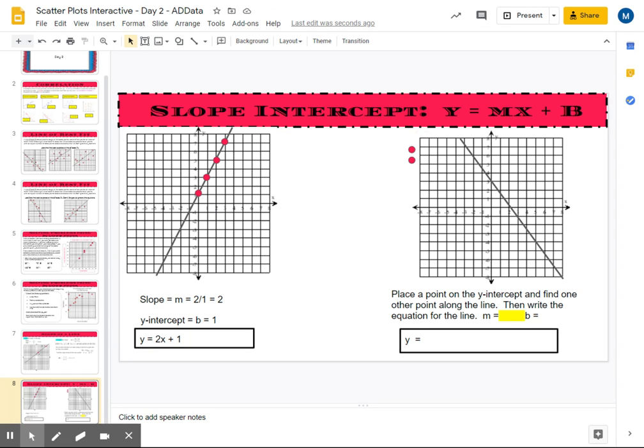Okay, so a lot of times what you're going to see on a scatter plot is a bunch of dots, and maybe none of them are on the line. So what we're going to try to do when we get to the point where we're making our own lines is mark the stuff that we can. Sometimes it's pretty hard to mark it exactly, but that point went very nicely. So we're going to drag a point over to the y-intercept, which was right at 3. And then we're going to try to find the next exact point. And this is where,